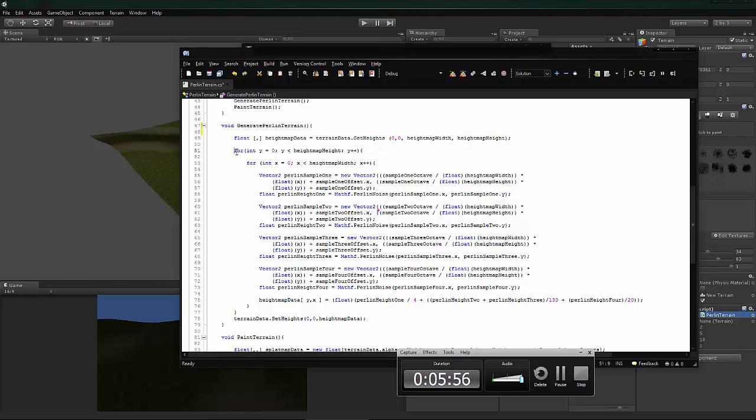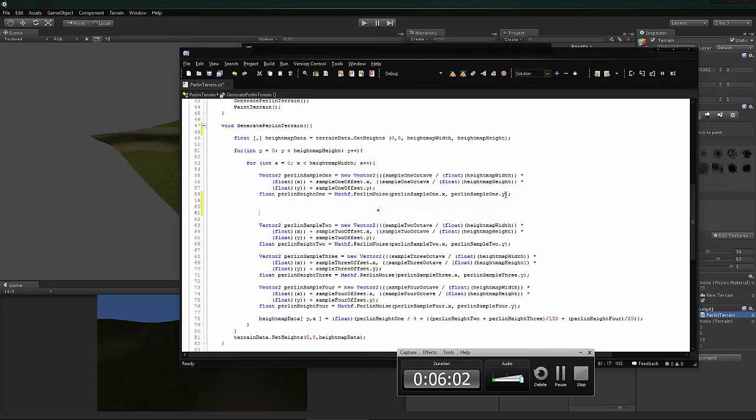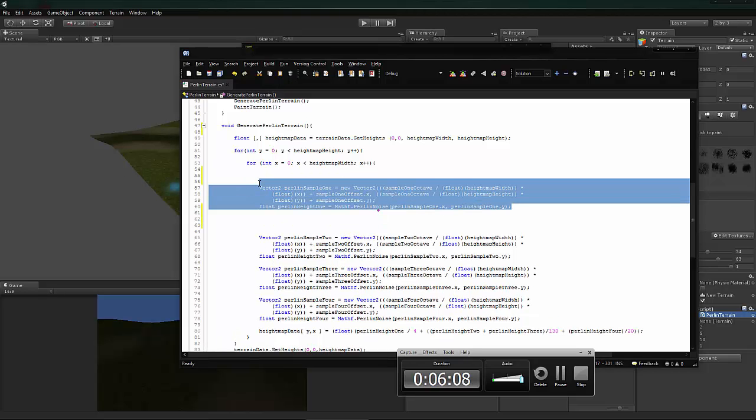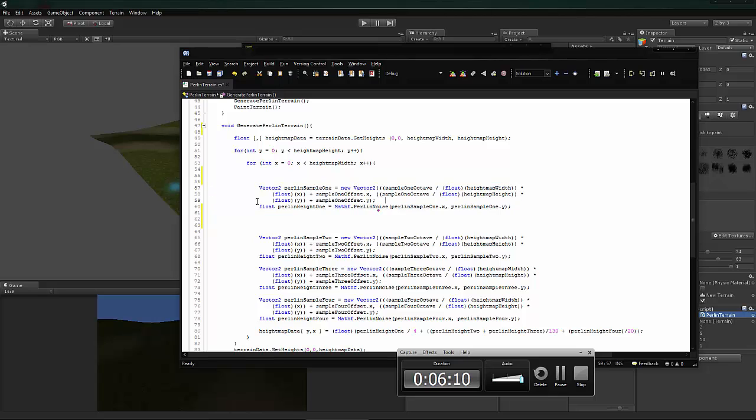Once you have that, you're going to make a double nested for loop, and for each octave or for each layer of Perlin noise that you have, you're going to need one of these blocks of code. And essentially what this does is that it creates a Vector2, which is just a variable with two numbers in it,